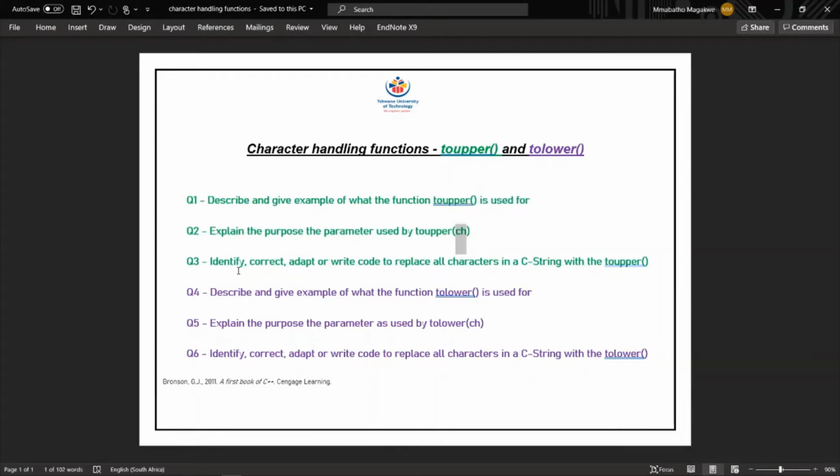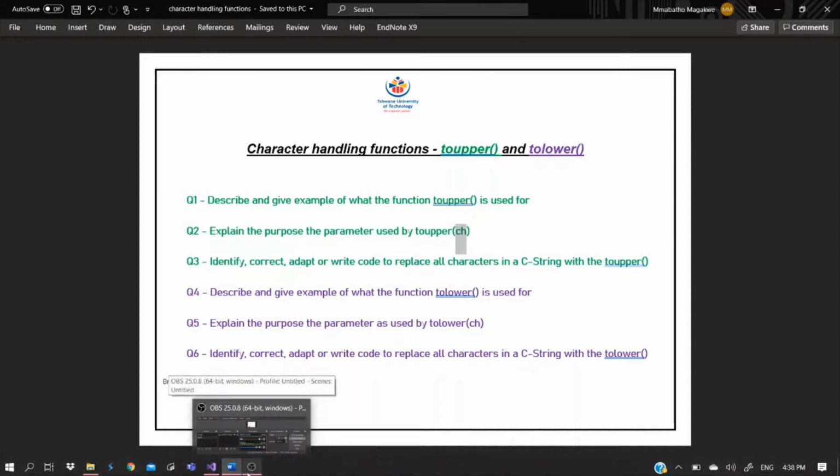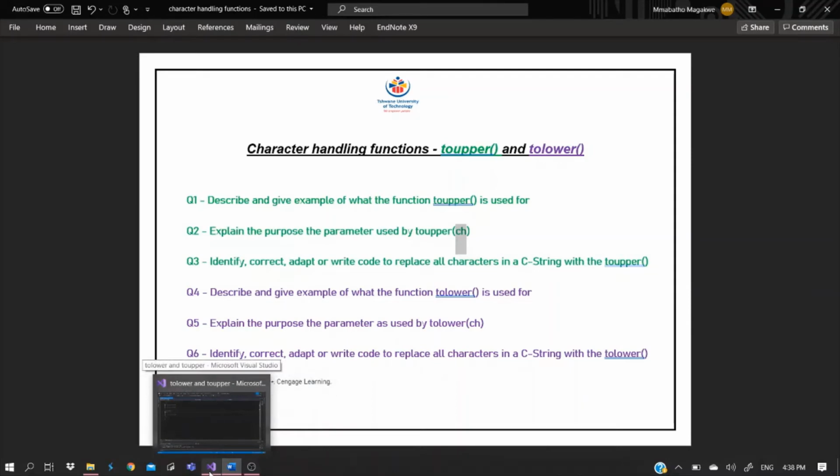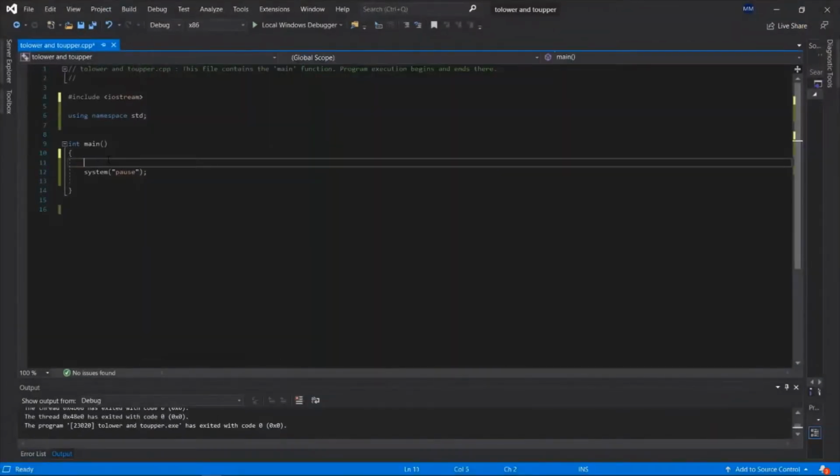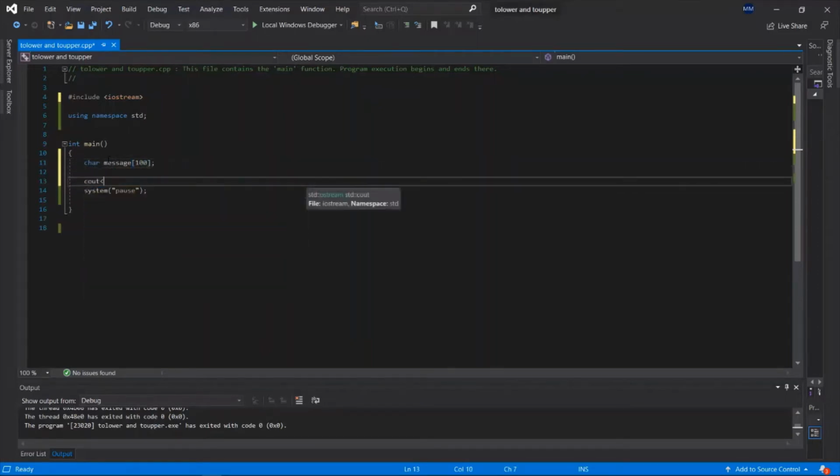Question number three. Identify, correct, adapt, or write code to replace all characters in a C string with the toupper function. So we're going to write code to replace all characters in a C string to uppercase in C++. So we're going to use Visual Studio. In our previous video, we learned how to read a C string from the console. We're going to start by doing that, and then we're going to convert all characters of that C string to uppercase. So now we're going to declare a C string called message that can have at most 100 characters, and we're going to ask the user to input the C string,